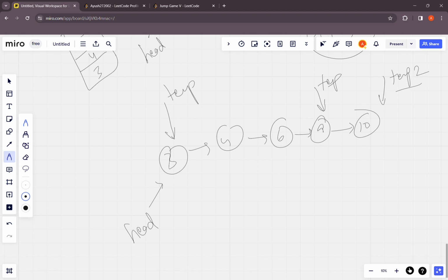You need this temporary just to return the value. If you don't need to return anything, then you don't have to have it. So you just need the temporary pointer to return it. You can set the temp dot next to null. So what it will do is it will cancel this one and it will point to null. So this will free up this thing. This node will be left alone, and then you can return